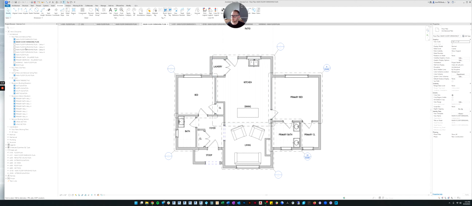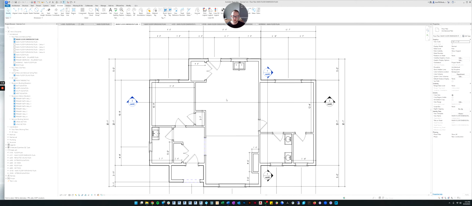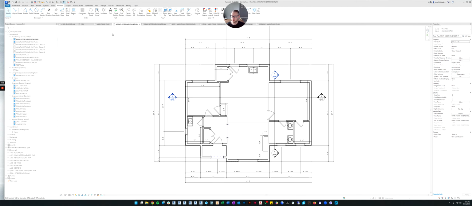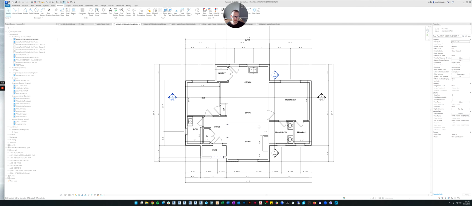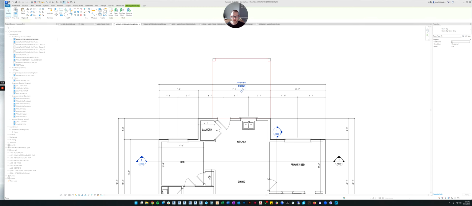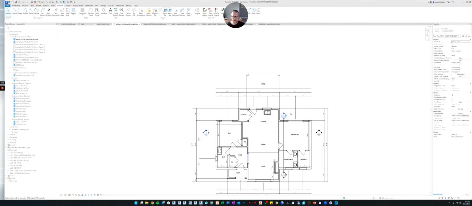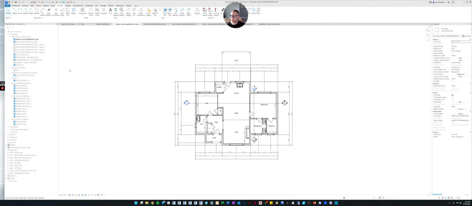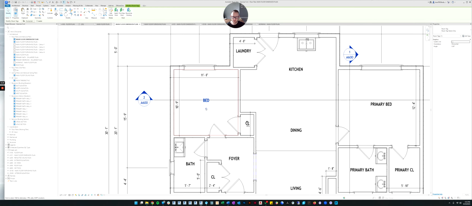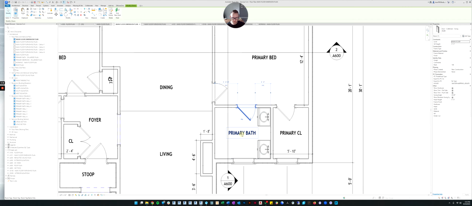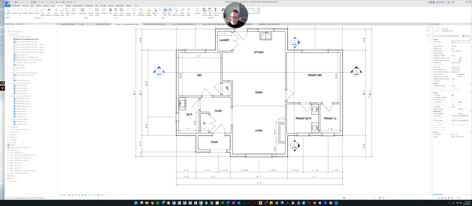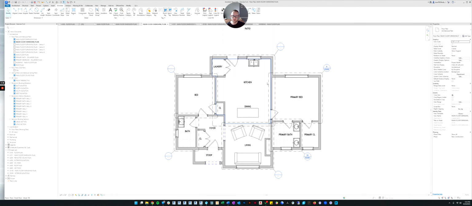And then it reminds me, we did the dimension plan. The dimension plan should also have the rooms tagged. So while we're doing this, let's tag all of the rooms on the dimension plan. And again, we'll just use the name only tag and click OK. And there we go. So the patio is kind of getting in the way of our dimensions, so let's move that up there. Oh, and then the bed again is in the way, so let's move that. All right, things look pretty clean. This is a little close for comfort for me, so I'm going to move it over a little bit. Okay, so there's our furnishings plan.